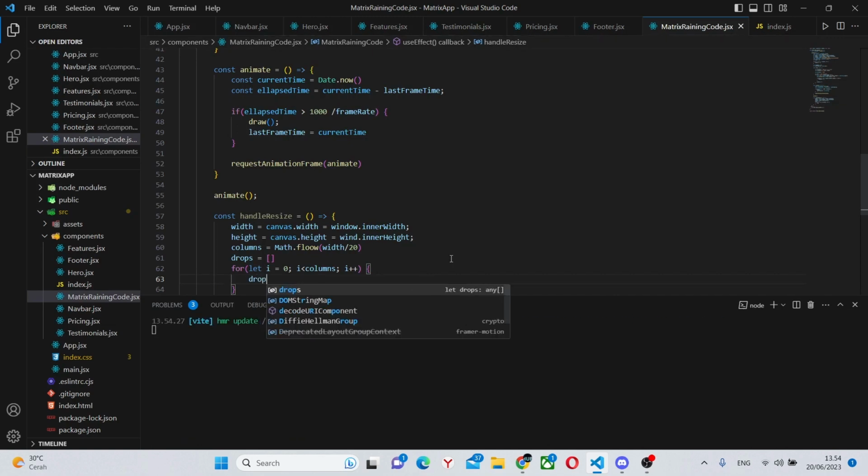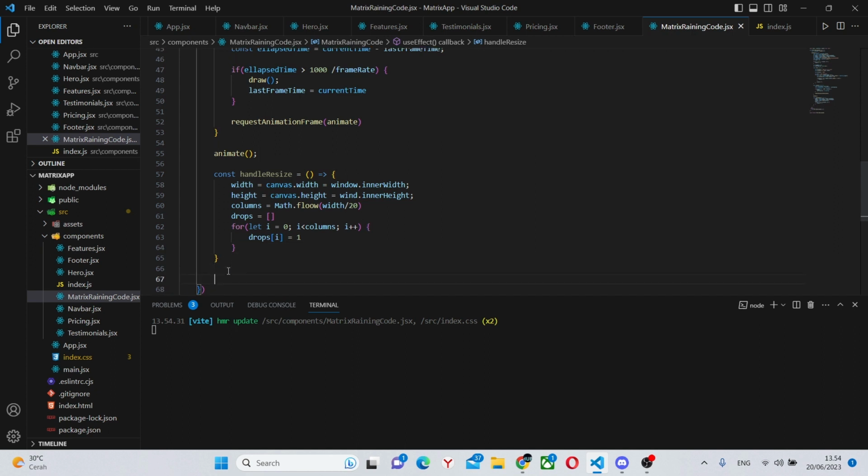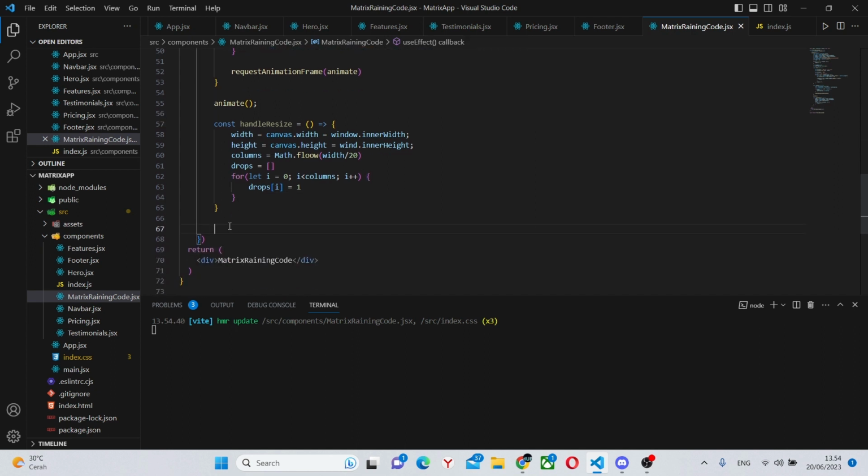If that's the case, we say drops i equals 1. Then we can go out of here and out of here to the last part of our useEffect.